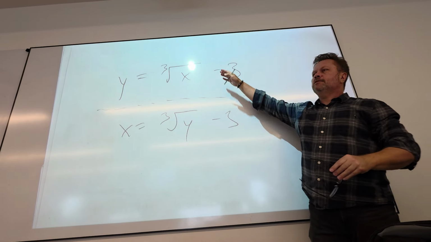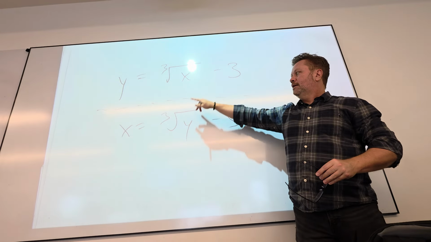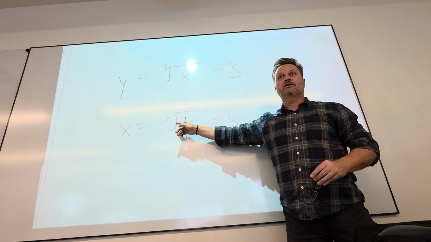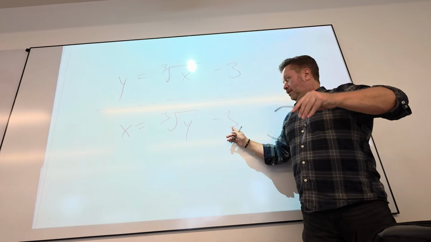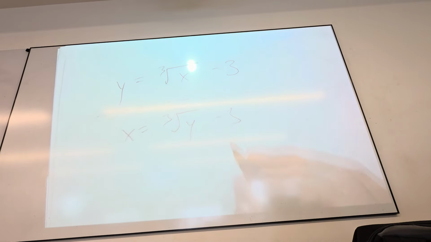So I need you to see, this is almost dumb. How do I find the function that does all the opposite things? If I switch x and y and solve, I'm going to do all the opposite things, because what does solving involve? Undoing things. Yes? So if I add 3,